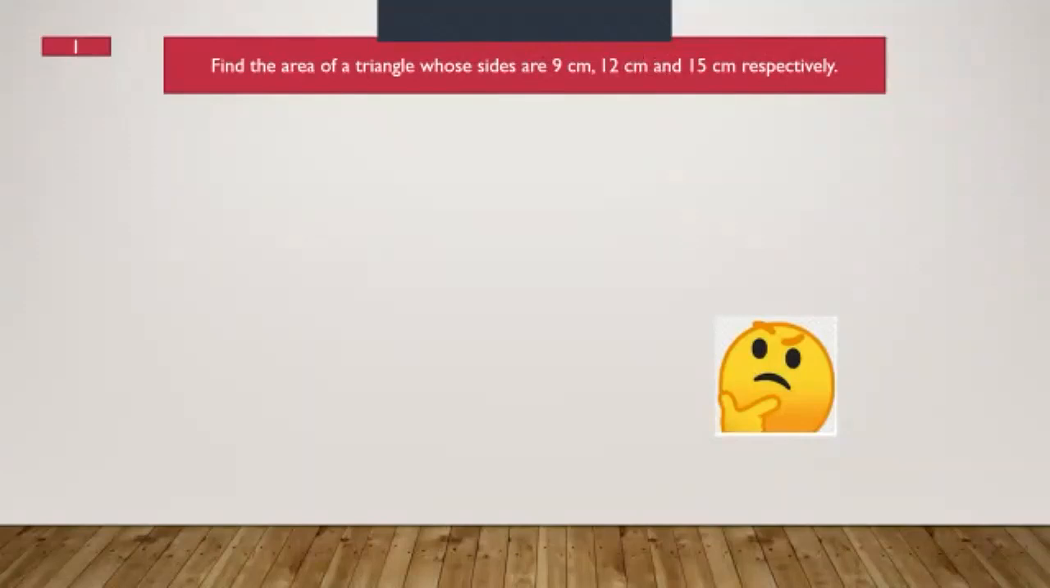I can't see the question. The screen is too blurry. I can't read the numbers properly. Can I find the area of a triangle whose sides are...